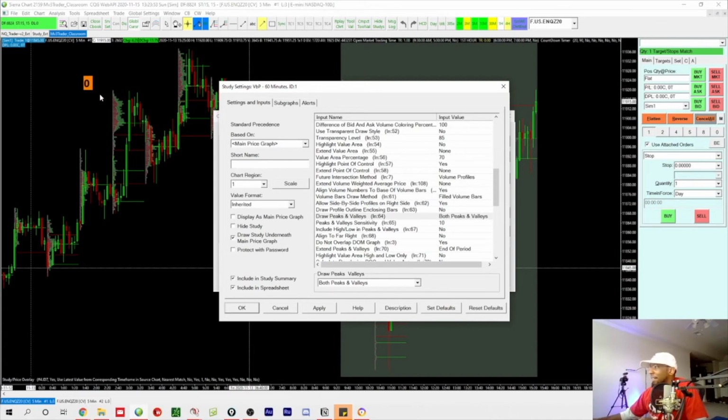You can look at this like a sideways mountain, right? We have our peaks where we see a lot of the volume come in, most of the volume at these certain levels, and then we have our valleys where we don't really have any volume at all, right? And you can adjust this. Below this is the peaks and valley sensitivity. Right now I have it set at 10%, but let me change it to 50%